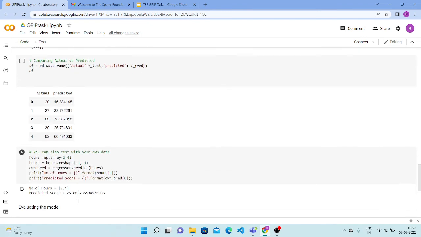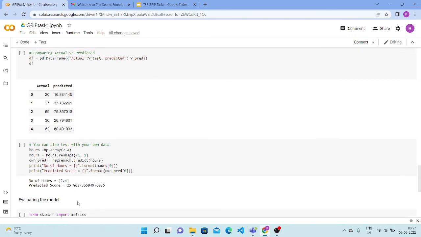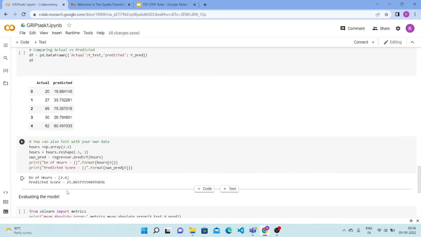So now this section is the test. I've taken np.array 2.4, the hours of study of the student, and then print the score. Number of study hours is 2.4. So a student will get